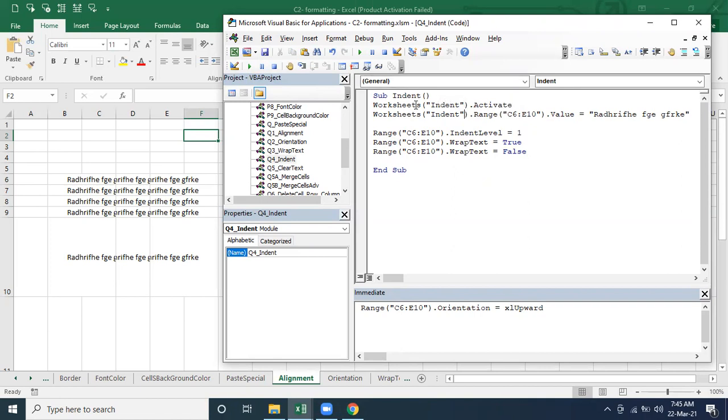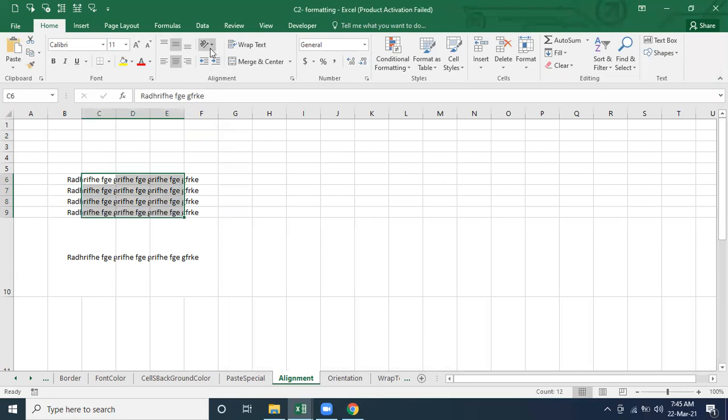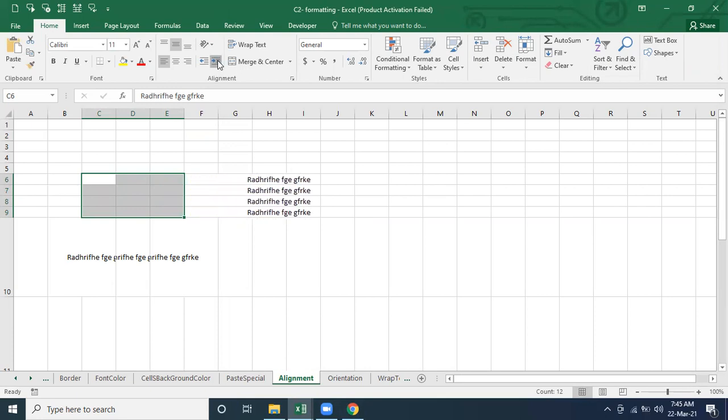Now it's going to activate the indentation sheet first, and then it's going to pass the value to the indentation. This is the value it is going to pass, and then it's going to do the indentation. One means it is going to make one space for each range we have defined. See here, if I give the indentation here, that is one indentation. This is two, this is three, this is four, this is five, this is six, this is seven, 8, 9, 10, 11, 12. Okay, let's see what we can give.